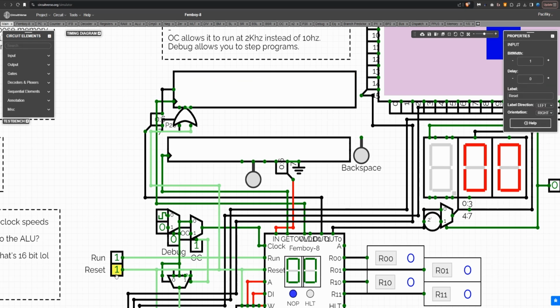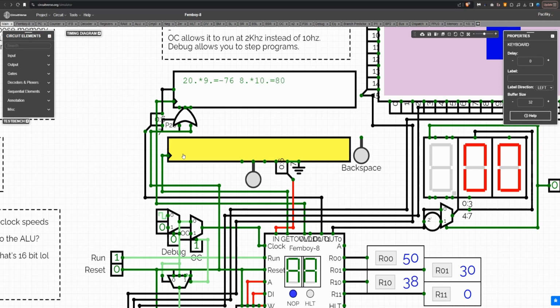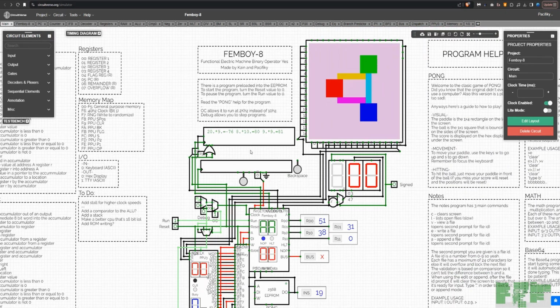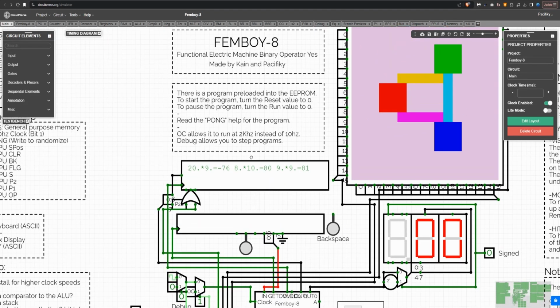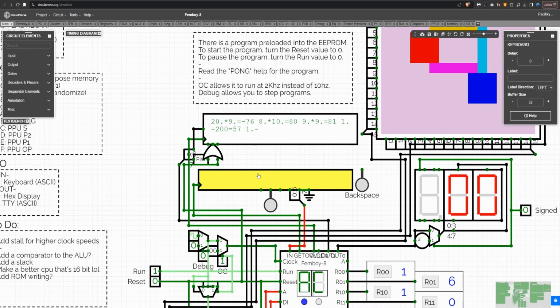And yeah, let's just try out the multiplication. Let's do 8 times 10, which is 80. Of course it is. And then 9 times 9, and yeah, you got it. Pretty cool stuff. 1 minus 40, and you have -39. Pretty cool. Now you guys can go tell me what you think of this in the comments, but let me